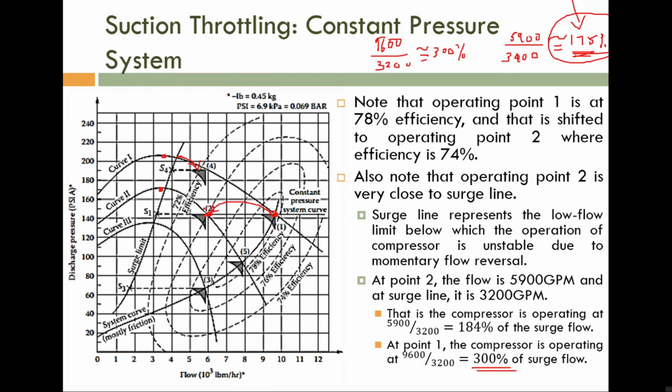Means the size of control valve required is small because the operating range of the suction pressure is very small. We want to remove a very small amount of quantity from the inlet side. Means we want to reduce the pressure from 19 psi to 14 psi. Means the range of operation is small, so the control valve size required is also small. So that one is the second advantage.